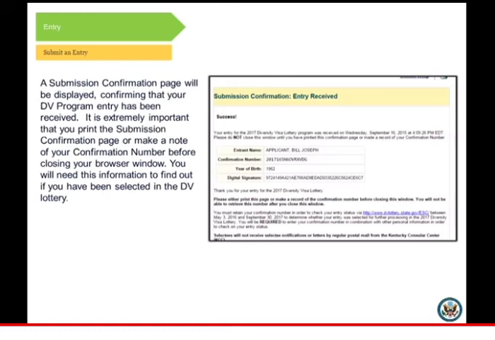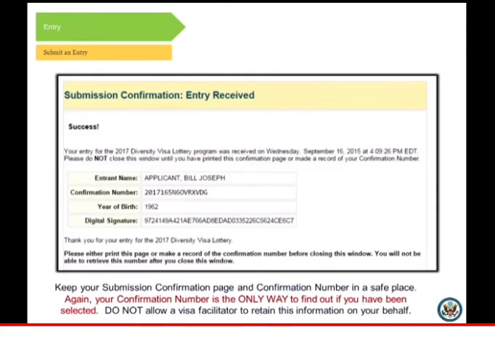You will need this information to find out if you have been selected in the DV lottery. Keep your submission confirmation page and confirmation number in a safe place. Again, your confirmation number is the only way to find out if you have been selected. Do not allow a visa facilitator